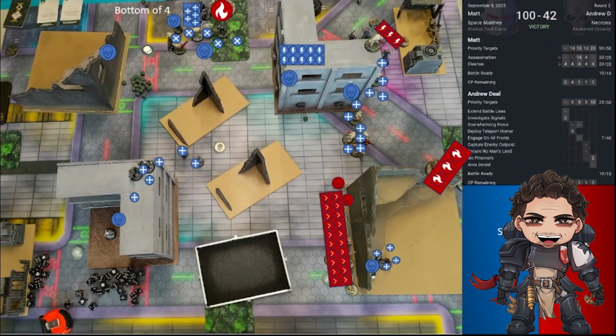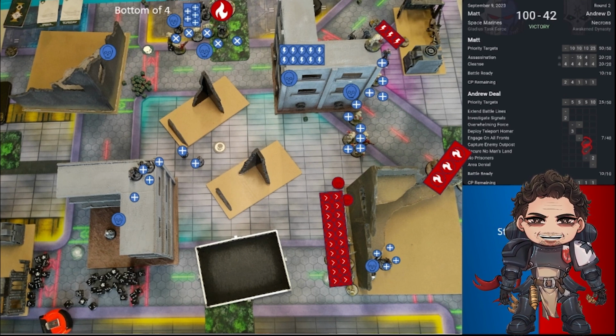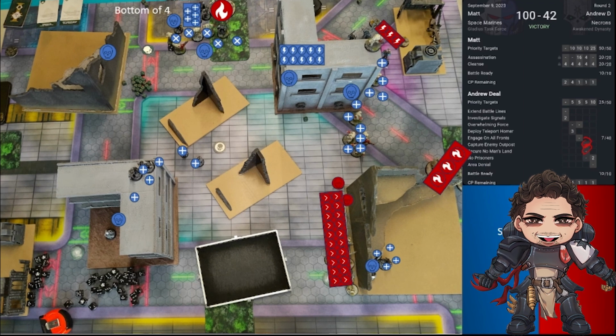Alright, so for the bottom of turn 4, Andrew draws Capture Enemy Outpost and Secure No Man's Land. Capture Enemy Outpost is impossible at this point. Again, he deployed defensively, and I've slowed him down enough that he can't get there. So he, at this stage of the game, recognizes he needs all the points he can get, discards that one, and picks up No Prisoners. He was not able to get Secure No Man's Land or No Prisoners, but those are the 2 that he